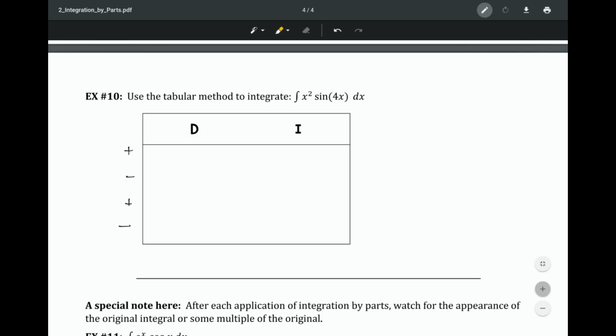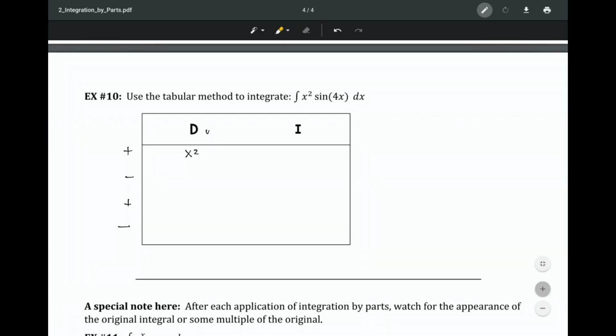This is kind of a perfect candidate for this method because notice the sine. If you take the antiderivative of that, you're going to get cosine, and you're going to get sine again if you take the antiderivative again. It's just going to keep going and never go down to 0. However, if I pick x squared to be my u, where this is u and this is v prime,